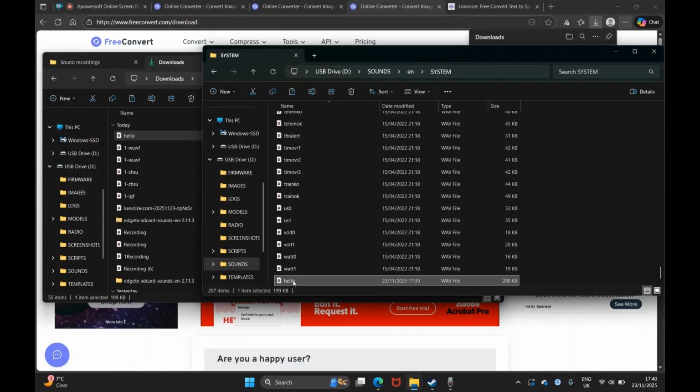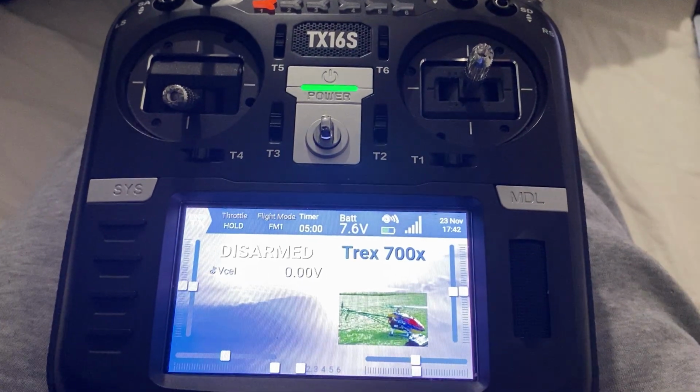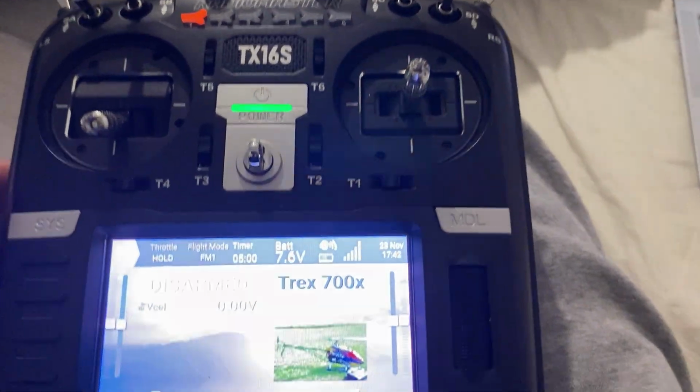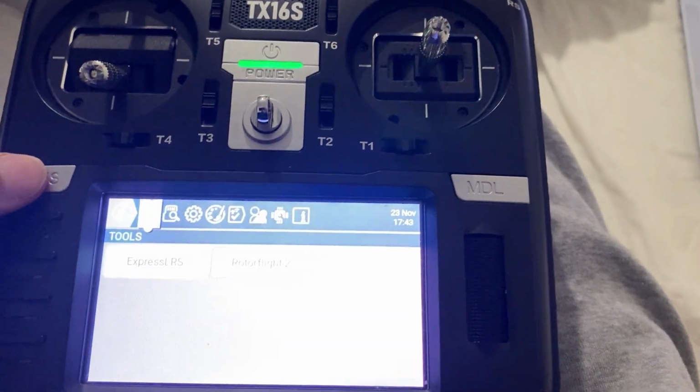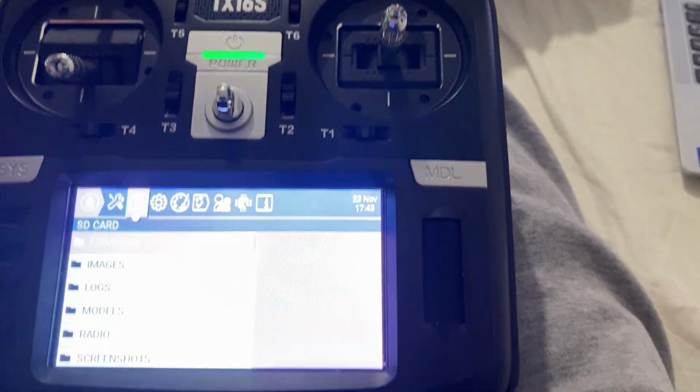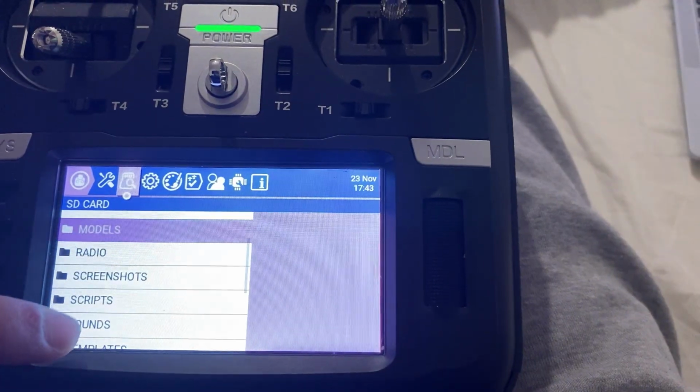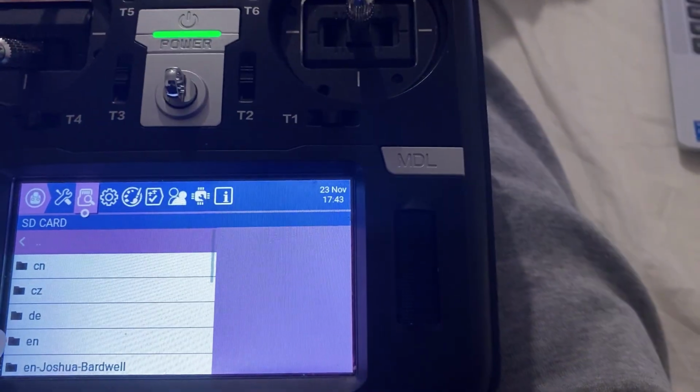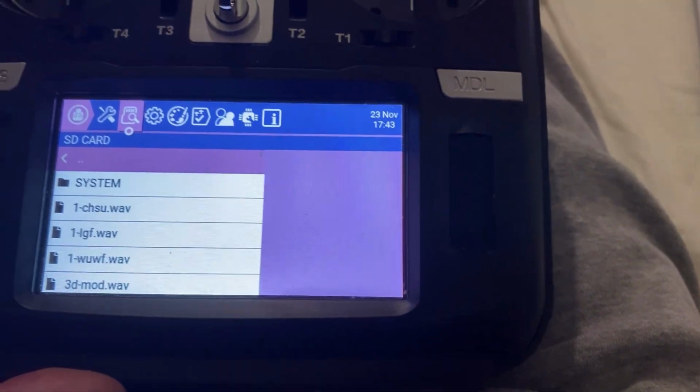So now what it should do is when we switch on our Radiomaster, it should play this file. Okay, so let's have a look now. Okay, so now we're back to our Radiomaster, and I just want to show you, if I click on sys, go to my SD card, and let's scroll down to sounds, and then go to EN, you should now see my